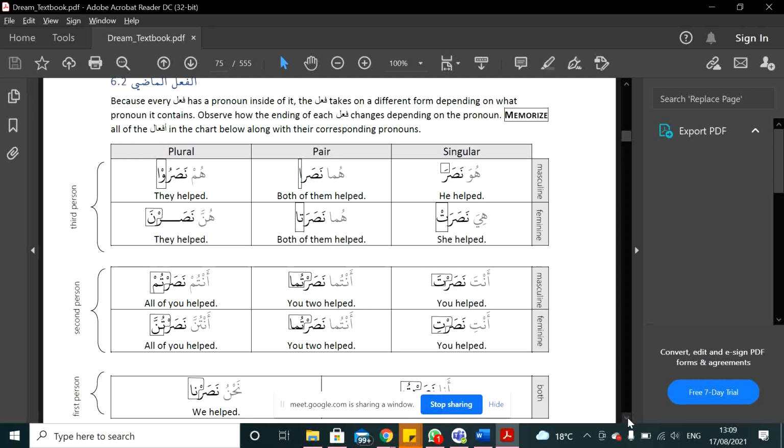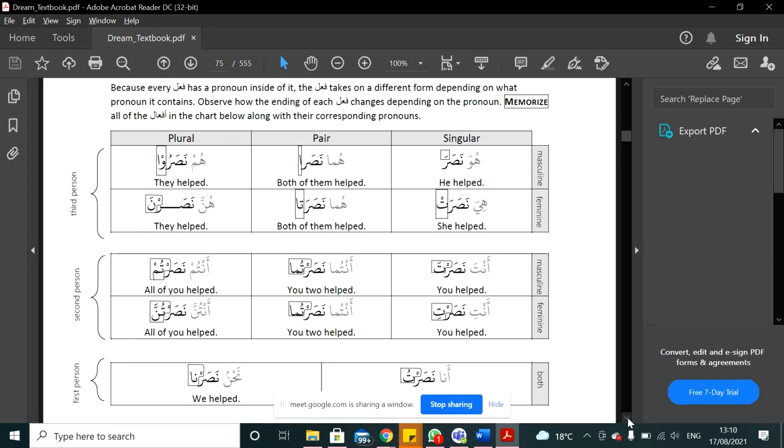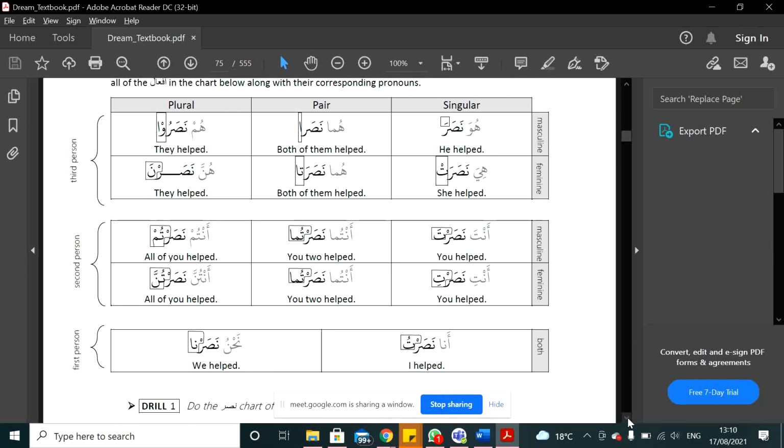So you see in the chart that the form of a fail, the simple fail is nasara, which is huwa nasara, but you say the form is changing, and this changing form is telling you what is the hidden pronoun inside of it. So you have to memorize this chart because this is absolutely necessary. And if you change the word in it from nasara to, like if I say dakhala, then huwa dakhala, huma dakhala, hum dakhalu. So you can change a word and the ending sound or ending combination would remain the same, and that will tell you what is the hidden pronoun inside of it, right?